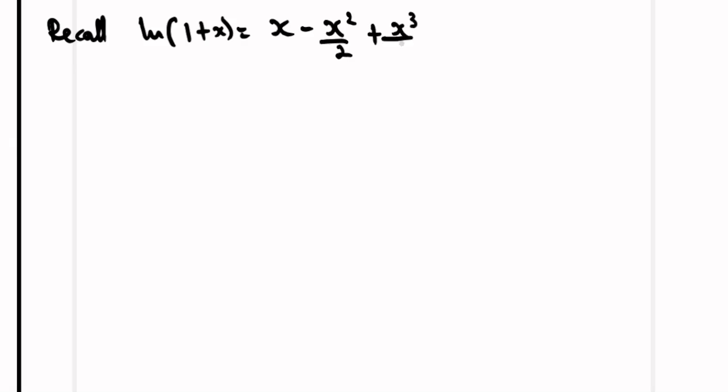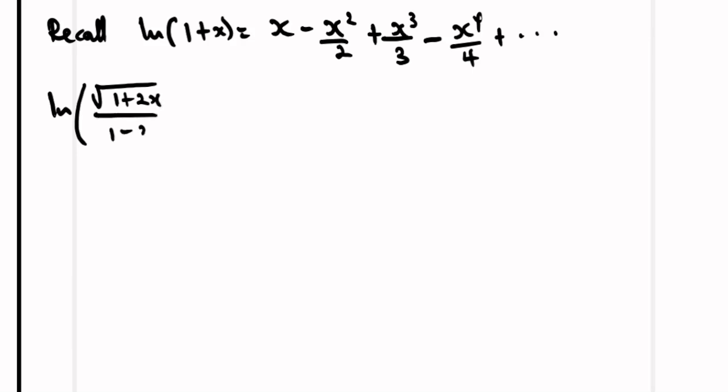We have to recall that the natural log of 1 plus x is equal to x minus x squared over 2 plus x cubed over 3 minus x to the power 4 over 4 plus dot dot dot. So what we'll have is that the natural log of root 1 plus 2x over 1 minus 3x is equal to